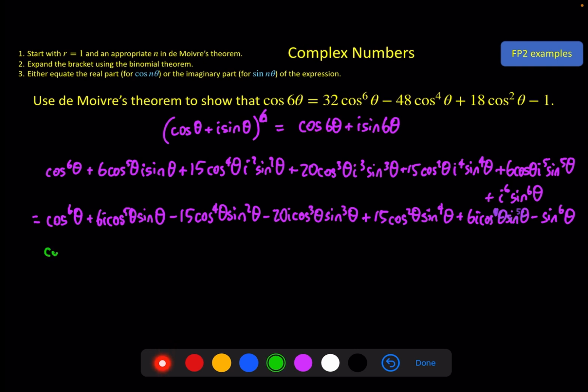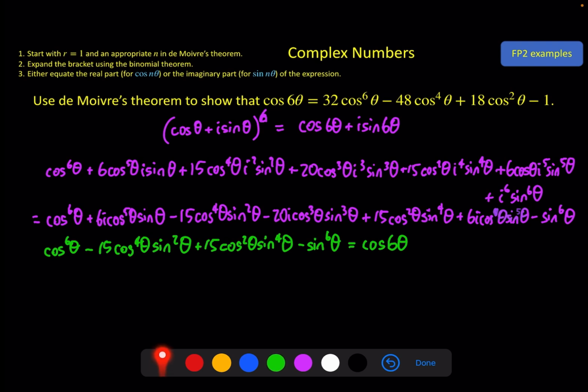which gives us cos 6 theta minus 15 cos 4 theta sine squared theta plus 15 cos squared theta sine power 4 theta minus sine power 6 theta must equal cos 6 theta. Now unfortunately we do have a bit more algebra ahead of us, because this doesn't quite look like this, but we can change sine squareds, and here 2 lots of sine squared and here 3 lots of sine squared, into 1 minus cos squared,